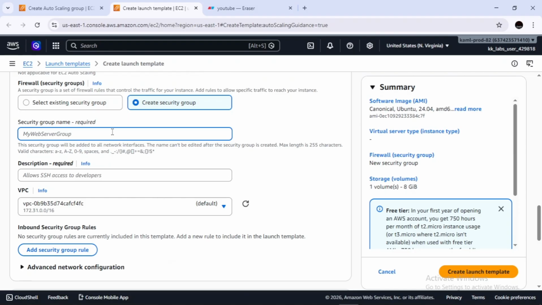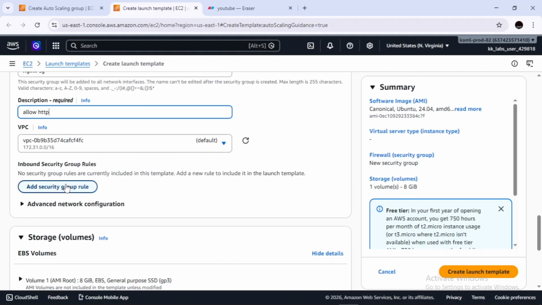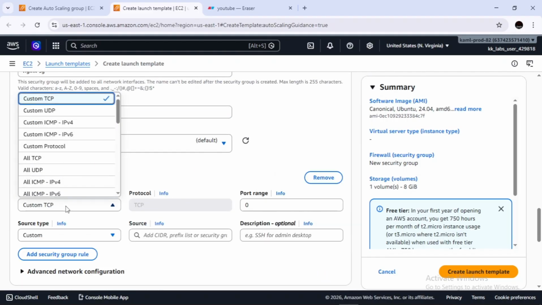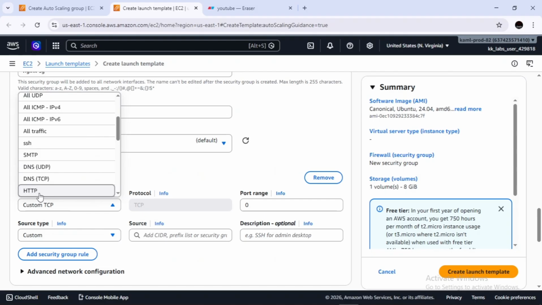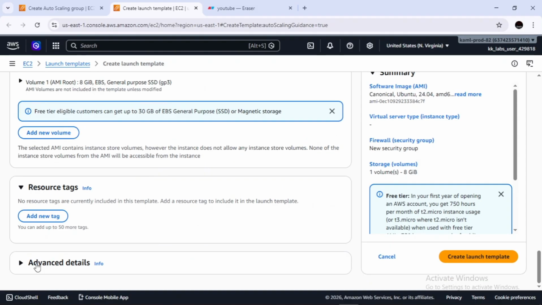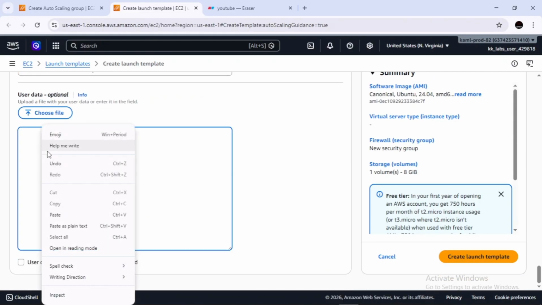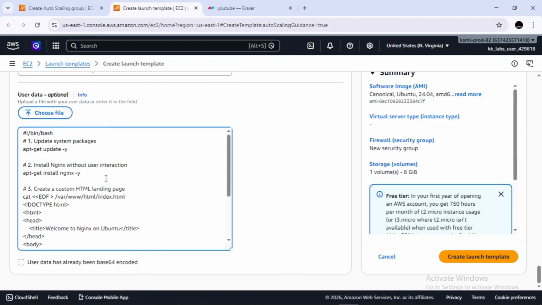So I'm going to name the security group as Nginx security group and the description is allow HTTP, and the inbound rules are HTTP, port 80, and from anywhere. And in the advanced details section, there is an option of user data script and this is the script. Now I'm going to create the launch template.